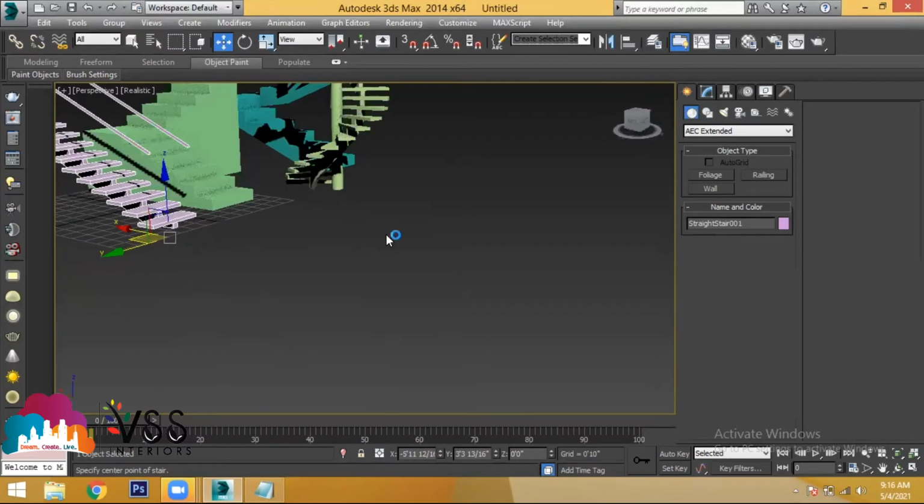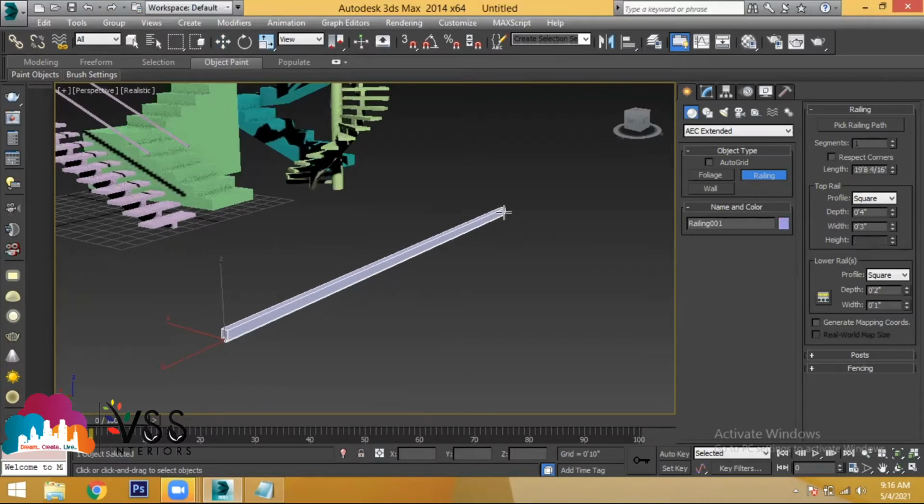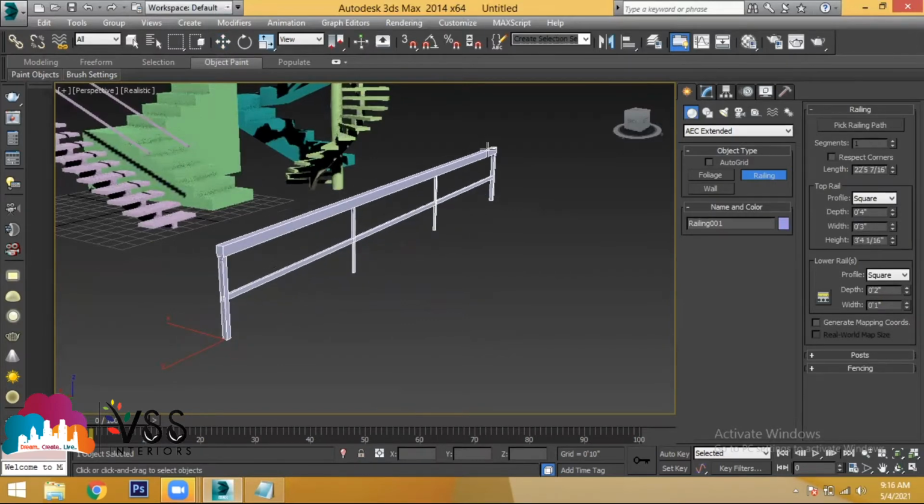The same, go to the option called Railing, select Railing, and click a starting point. Hold your mouse and drag to the total length of railing you need. You can provide only a single direction of railing, but not different directions. First provide the complete object, drag the mouse till the other end point where you want the total length of your railing, and then release your mouse. Then move your mouse upwards. What is the height you need?